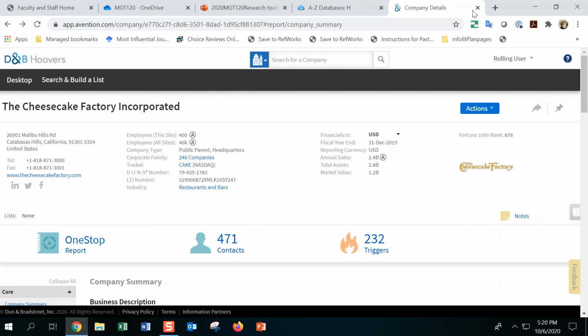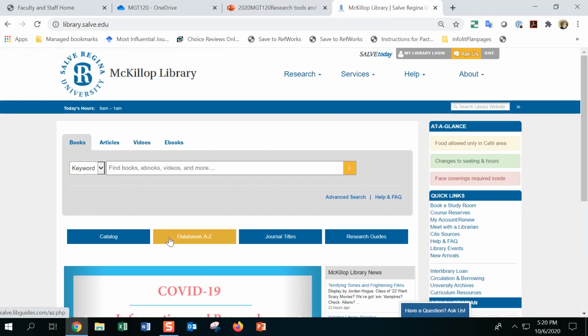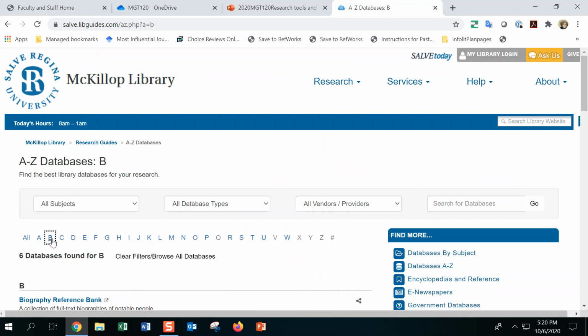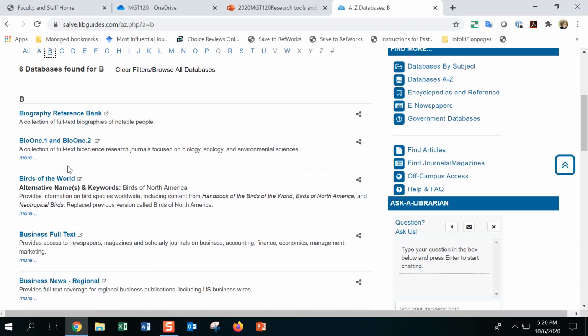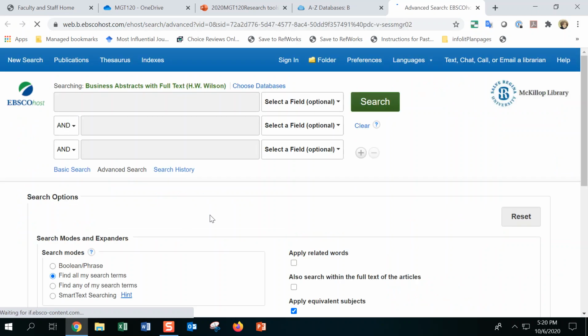All right, so now that we're out of there, the next thing that we're going to look at in databases A to Z is Business Source Complete. So B for business, and I see business full text. Here's Business Source Premier. And actually, either of these are very good. So we'll click on business full text. It's an EBSCO database, just like